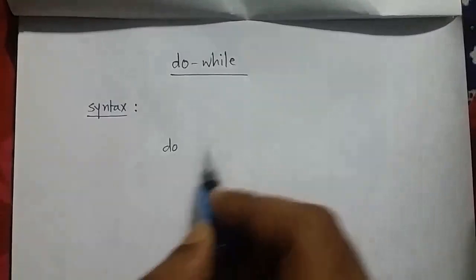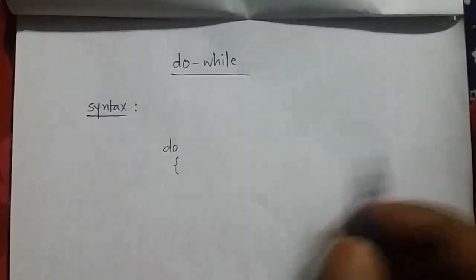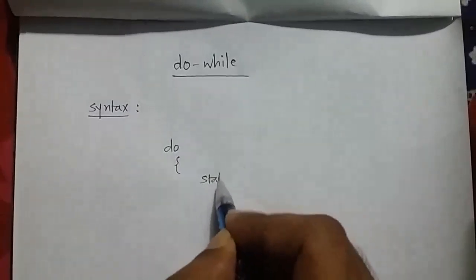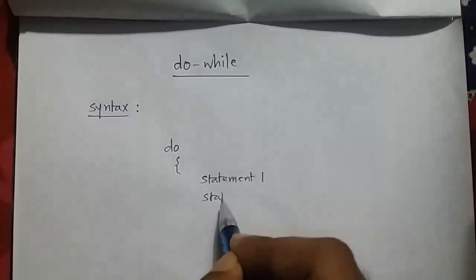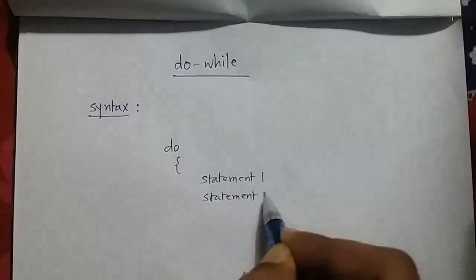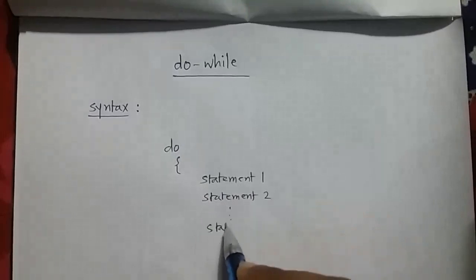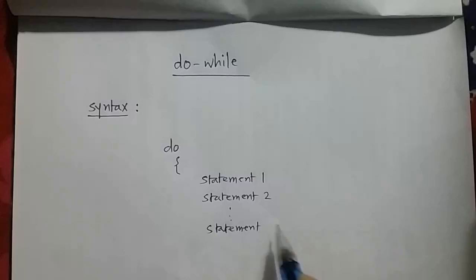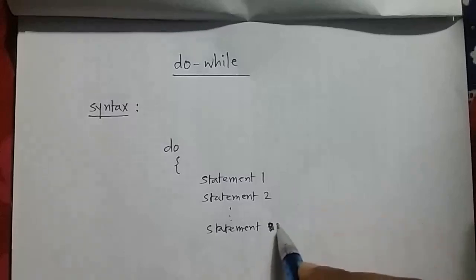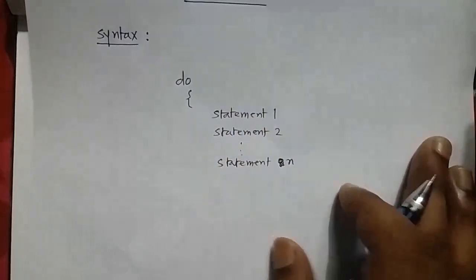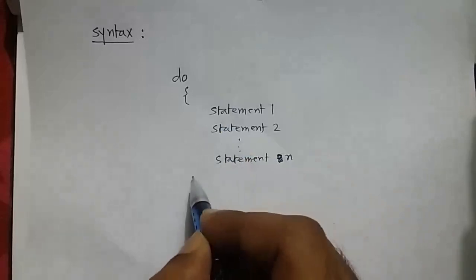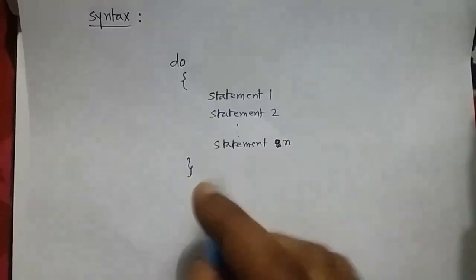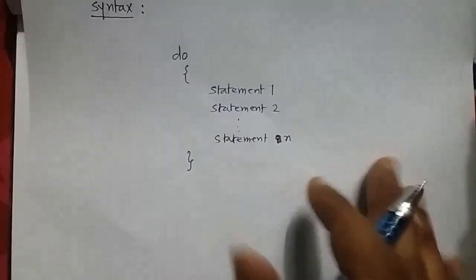So, do, opening brace, statement 1, statement 2, like this any number of statements, so statement n. Together you can also write executable statements. Okay, so any number of statements can be written inside the do block. Now this is the end of the do block, and after that we need to write while,